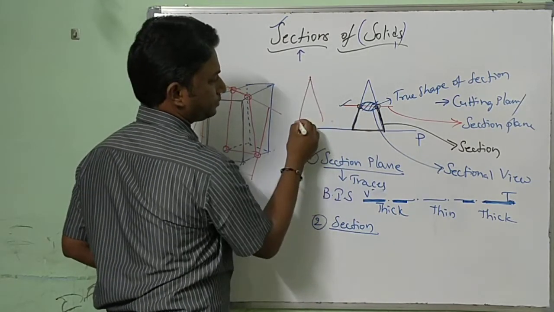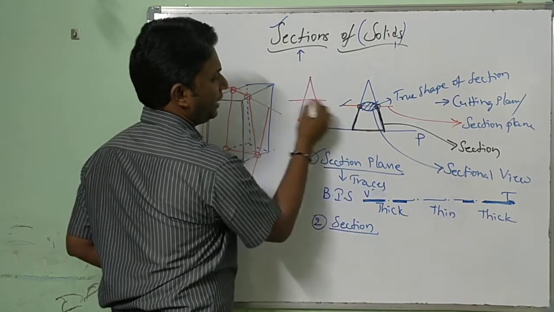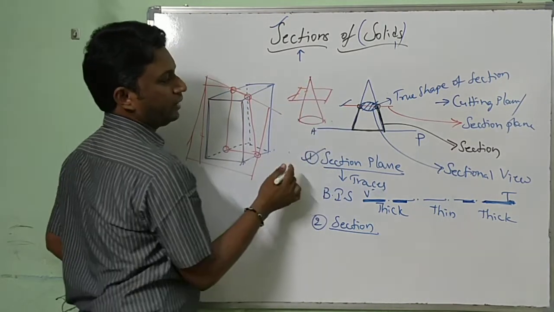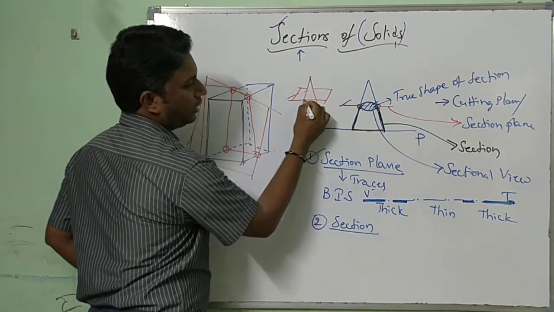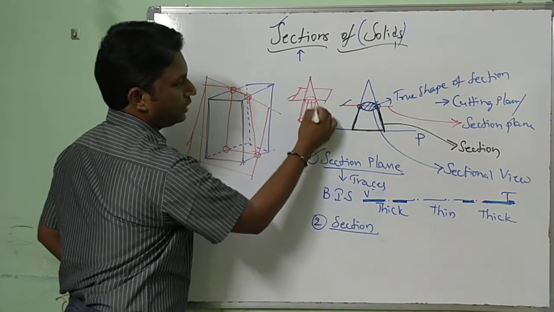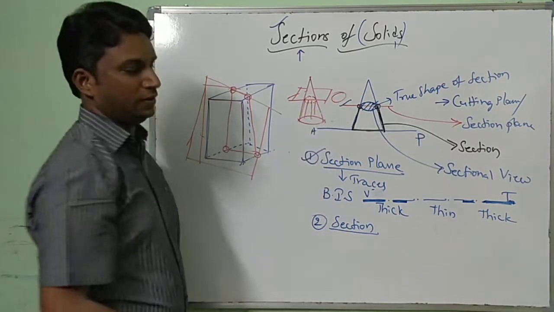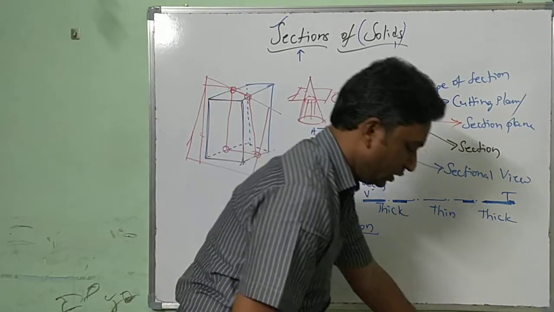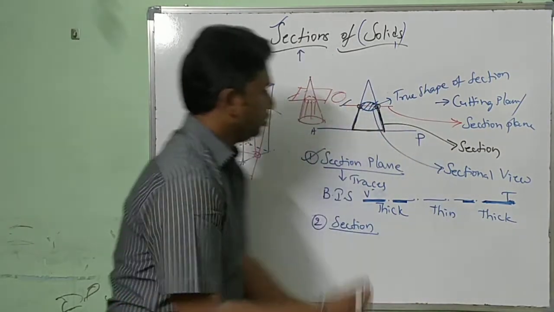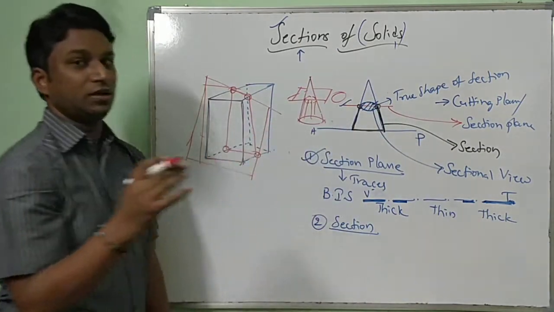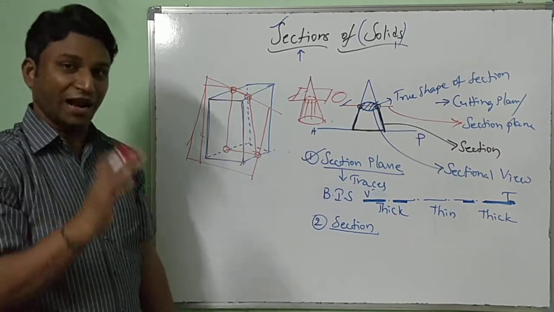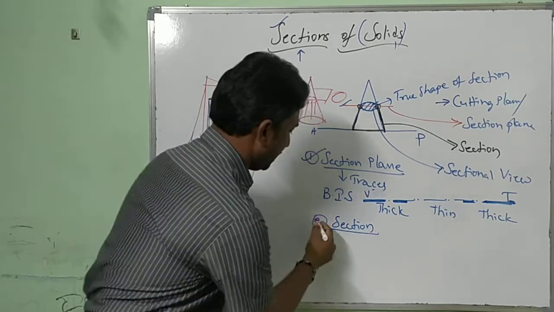Now, you already know this is a cone. When I cut here with the section plane, what will happen? It will cut across the entire surface. At each intersection point, it will show the shape of a circle. That is what the section is here. Section is nothing but the place where you have to draw the lines from the intersection of the section plane cutting and the object. That is the second important part.